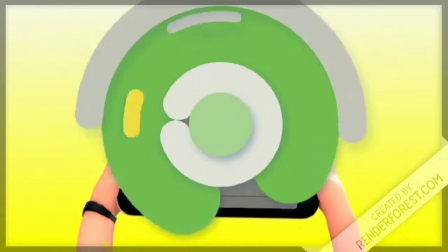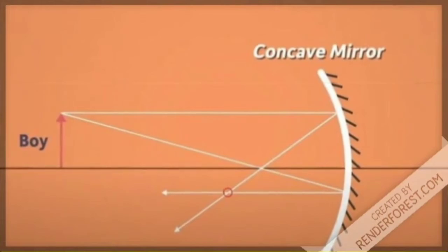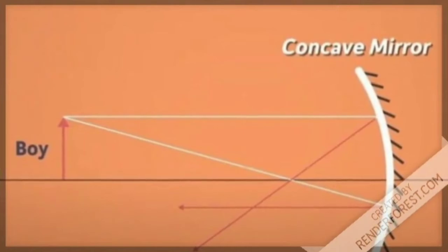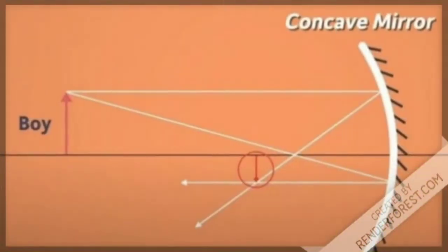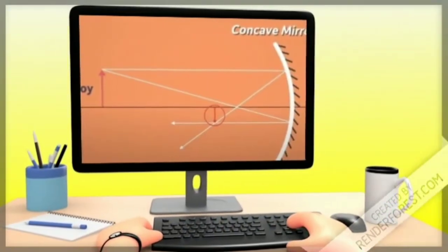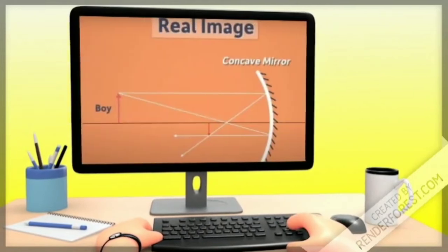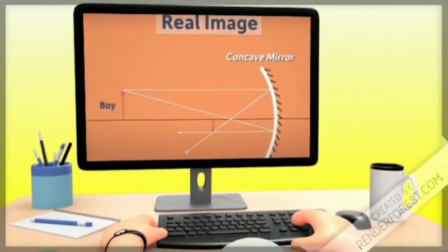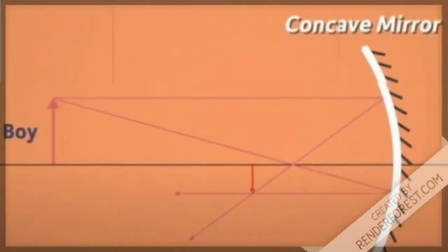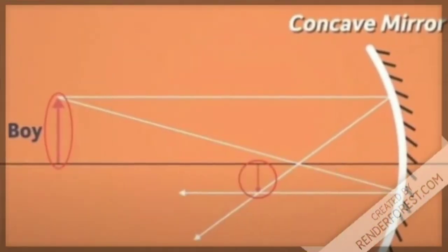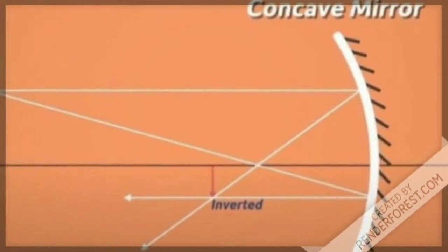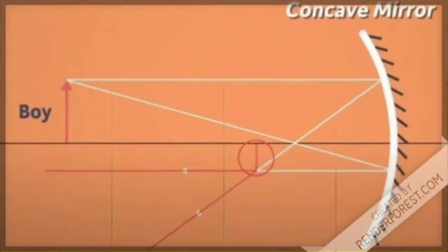And the image of the top of the arrow is formed at this point. And we can do something similar for the remaining points of the object too. And we get this image. This is called a real image. It is the image formed when light rays converge after reflection from the surface. One important thing we need to know is that real images formed by concave mirrors are always inverted. We will learn more about this in our future videos. You see that in this case, the image is formed on the same side of the mirror as the object is. Real images are always formed on the same side and the light rays do reach this position.